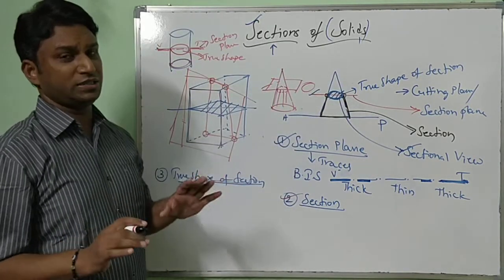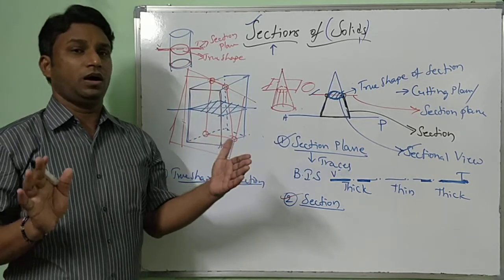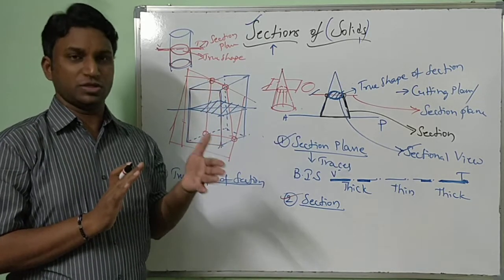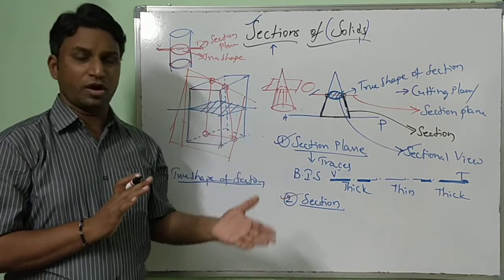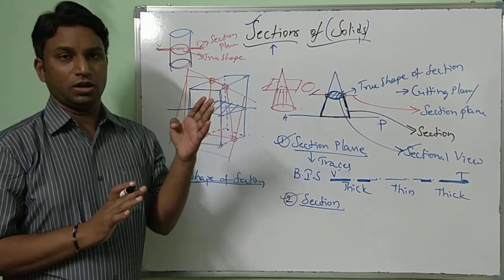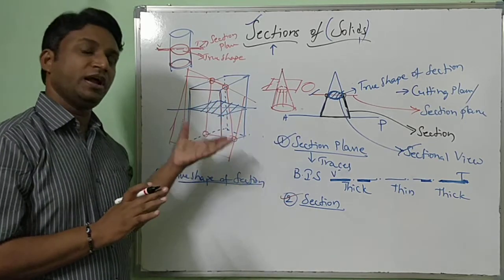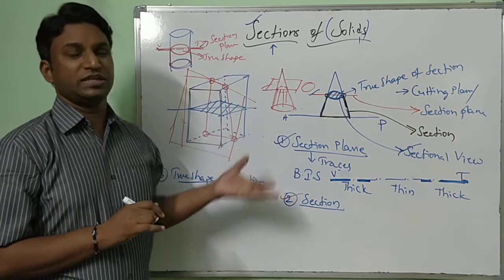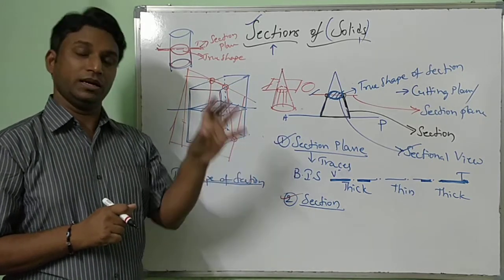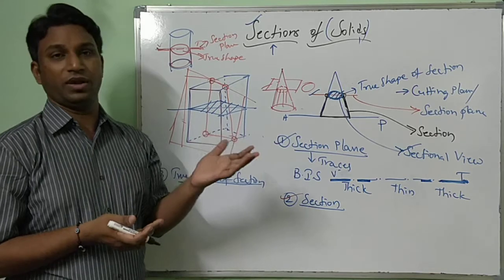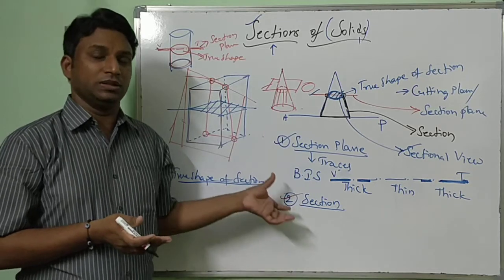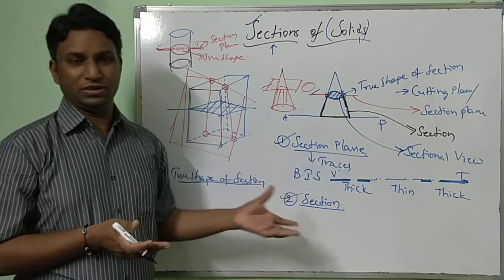Finally, concluding the introduction part, I just explained what sections of solids are. Section is nothing but a part of a larger composition, a part of objects, a division of objects. Objects of what? Prism, pyramid, cone, and cylinder. When and where do you do sections of solids? Whenever you have to show the details of the object which are inside. That is the importance of sections of solids. Who uses it? Our technical people. Examples I have given: a building plan and a mechanical engine.